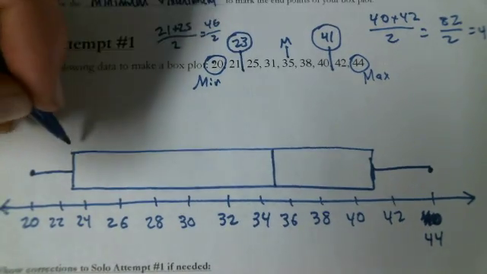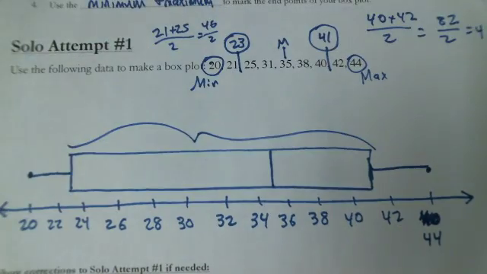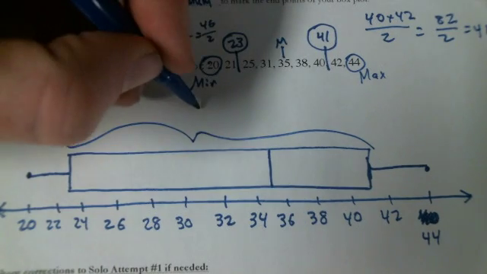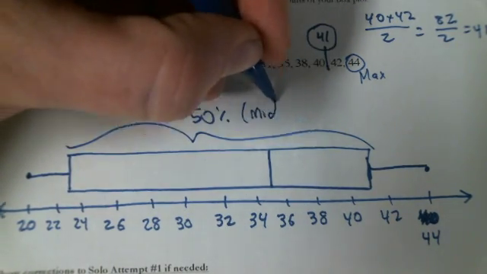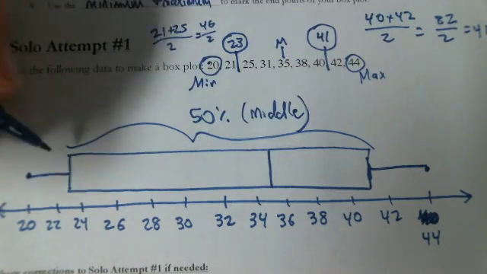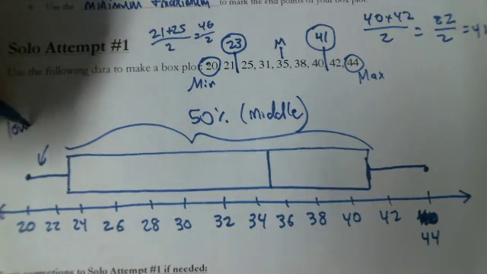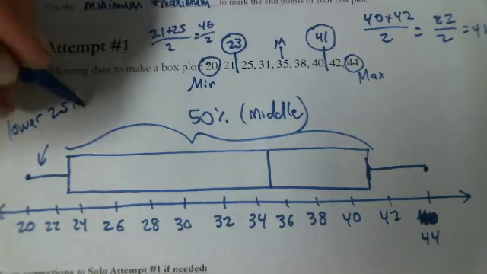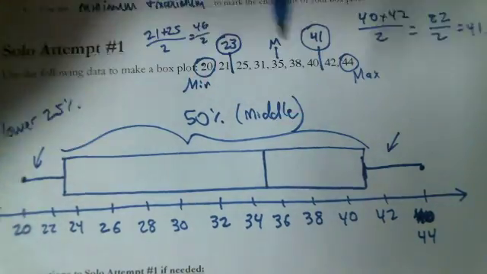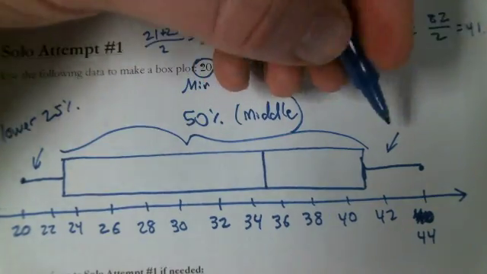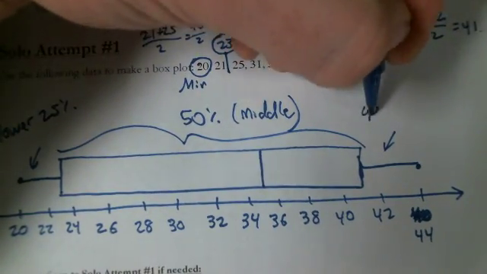And remember, this part right here represents the middle 50% of the data. It's the middle 50%. And then over here, this is the lower 25%. And then this whisker right here, that's sometimes what they're referred to as, the lower whisker and upper whisker. This is the upper